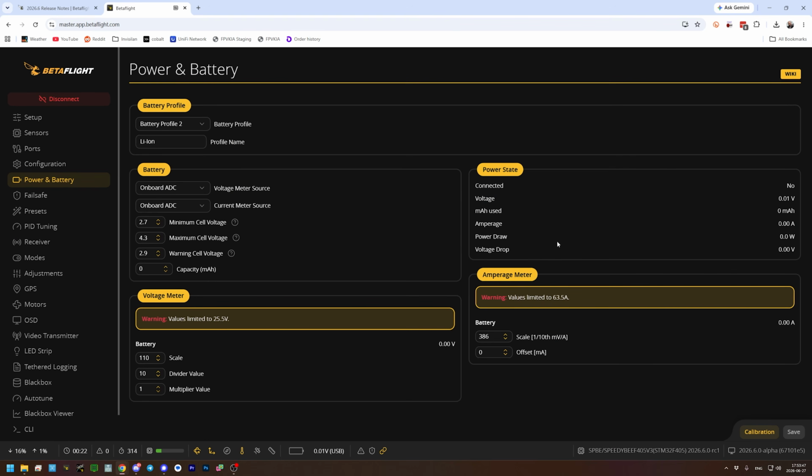I don't know. You could see the power draw and you can see the voltage drop. It will try to calculate the voltage drop. I'm not even sure how it would do that since it's just reading the voltage that it sees, but basically if you throttle up, start to pull power and the voltage drops, it'll tell you how much sag you're experiencing, and that might be useful for evaluating battery health or something. We'll have to try that out in the real world to see how actually accurate it is, but it's cool